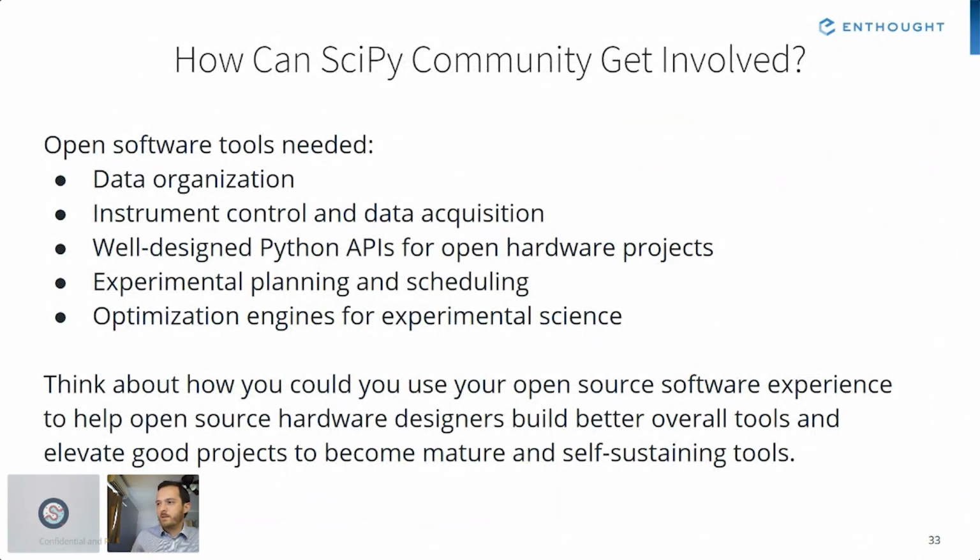Obviously, I talked a bit about hardware, but with every piece that I've shown, there's software involved. There's instrument control software, there's data acquisition, there's data analysis and data management tools. And we're looking for how we bring all of these things together. How do we find the leading tools out there to emerge and use them and make them become more standardized in this ecosystem? Like we've seen arise with SciPy, you have a lot of very standard Python packages that everybody uses because they work,